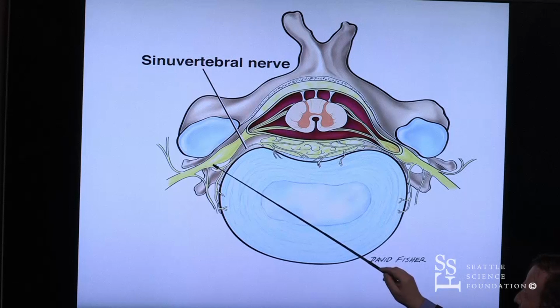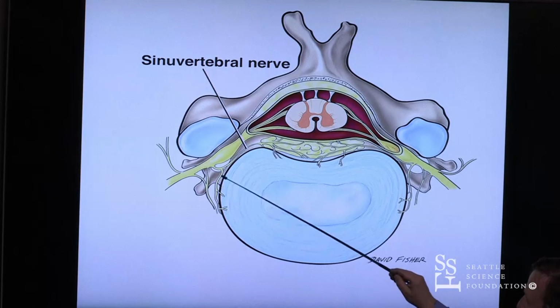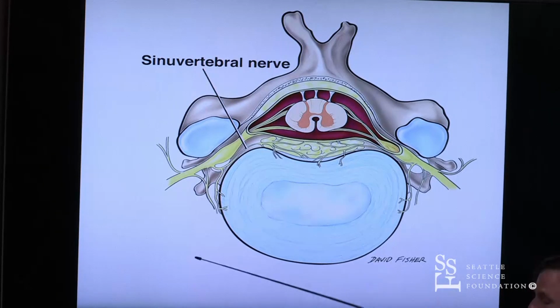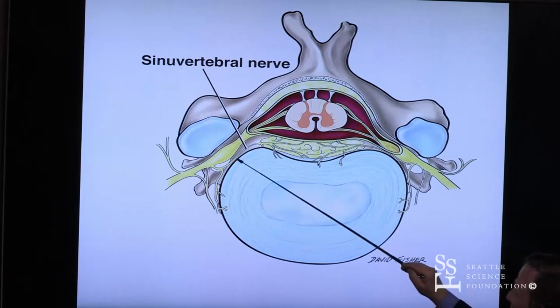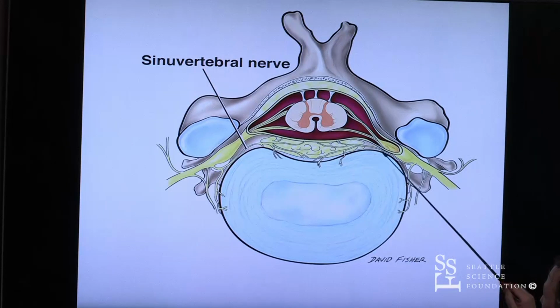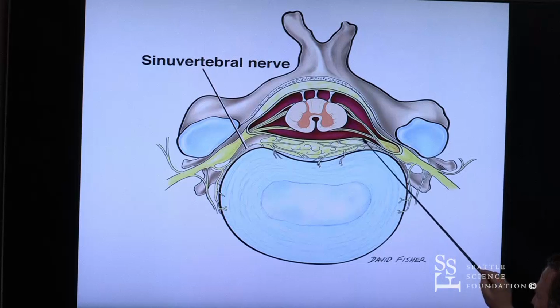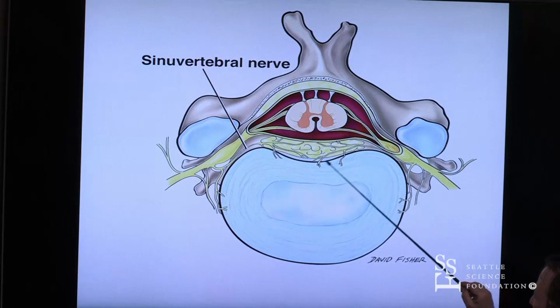There's also a nerve called the sinuvertebral nerve that comes off the ventral ramus. It has a sympathetic component and a somatic component. It goes back inside the intervertebral foramen and then runs into the posterior aspect of the annulus and the anterior aspect of the dura, and innervates both that anterior dura of the spinal column and the posterior annulus, and innervates the blood vessels